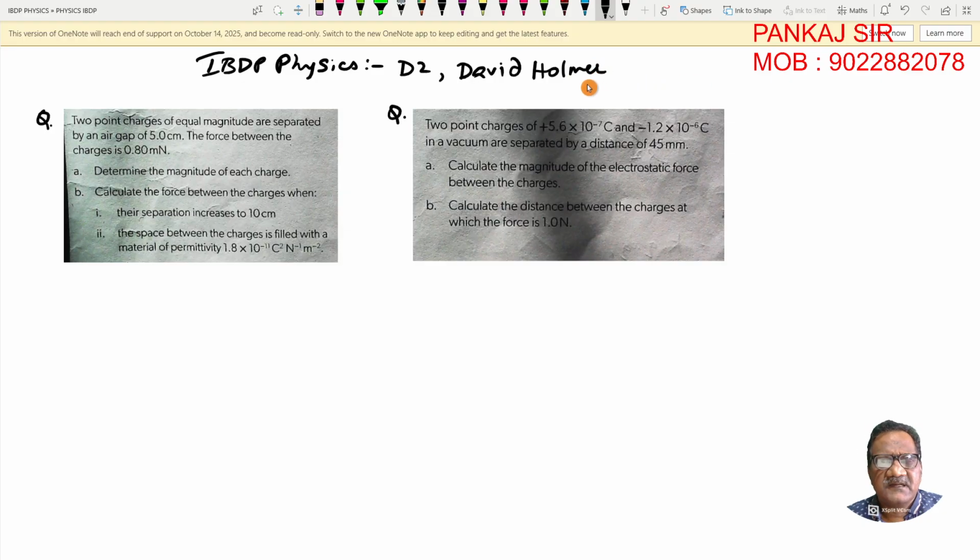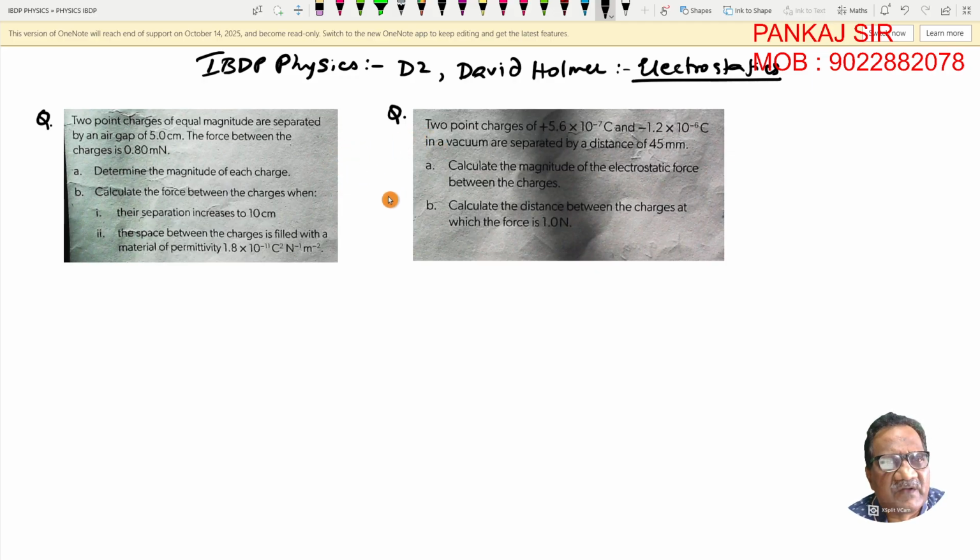D2 is related to a topic called electrostatics. Now today we are going to solve these two numericals right in front of you on the